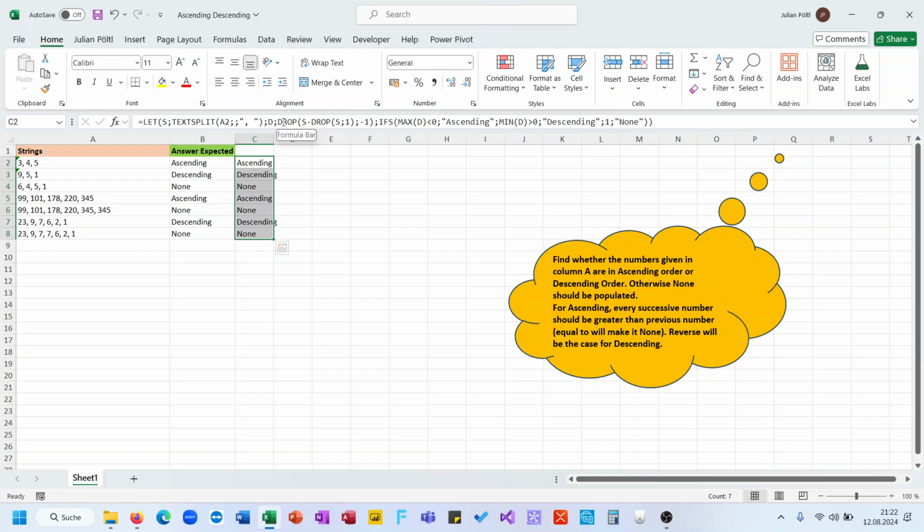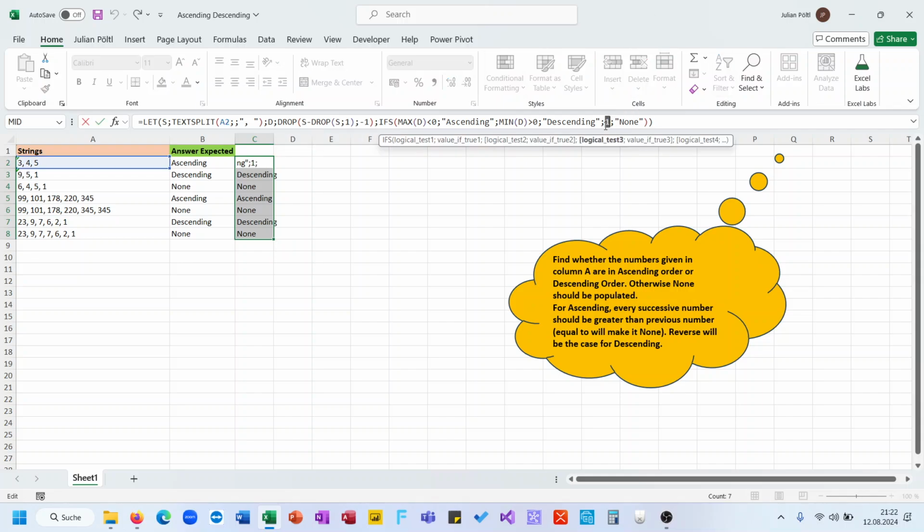So here with the dropping here, we're searching if the maximum of those dropped values is smaller than 0, so we only have scanning values. If the minimum of those dropping is larger than 0, then we have only descanning values. And if there isn't a solution, therefore we have this else value here, then it's a none we need to